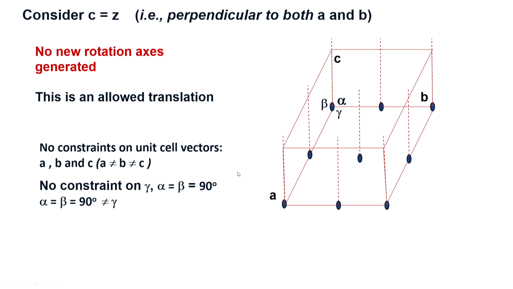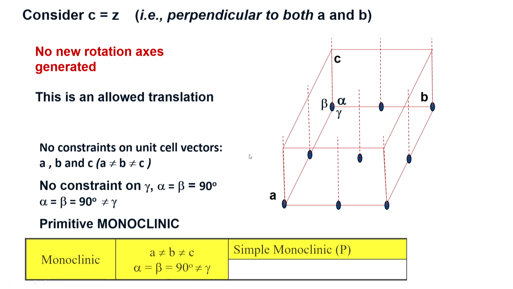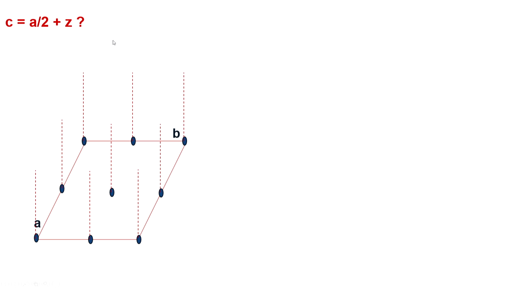And if I go to the list of Bravais lattices, this is clearly a primitive monoclinic lattice. And it is essentially what we call simple monoclinic and as we know, we use a capital P as a symbol for simple or primitive. Now, are there other C vectors which are possible, which will also preserve the symmetry of what we started with, the oblique lattice? How about considering a vector like A by 2 plus Z?